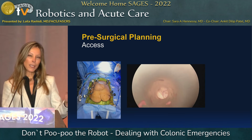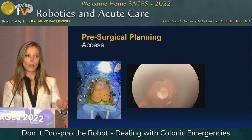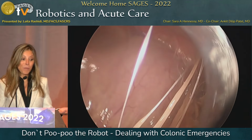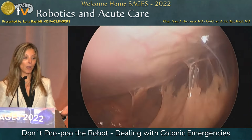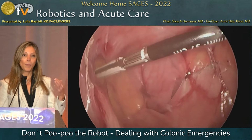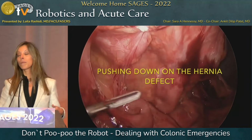And you see I placed 2 extra ports. Usually my port placement for low anterior resection starts from right lower quadrant to left upper quadrant, straight line. But when I entered in that left upper quadrant, I couldn't see. I mean, she had multiple surgeries and she had a huge mesh on the anterior abdominal wall. So really can't see. So what did I do? Place a 5 millimeter port. It's not gonna hurt the patient. So I put a 5 millimeter port in the left lower quadrant because that was the only spot I could see